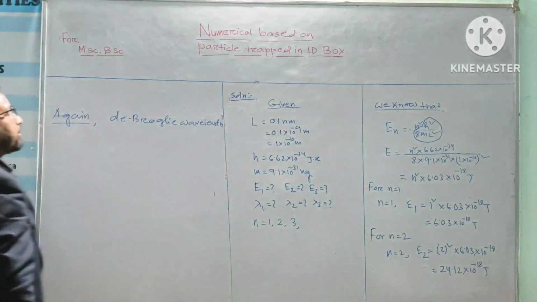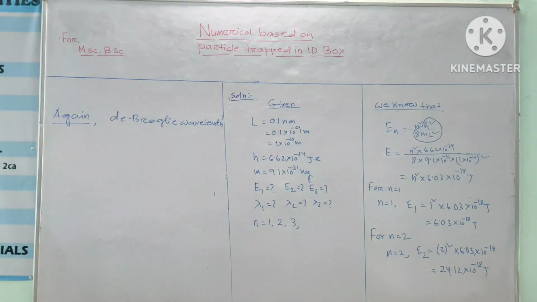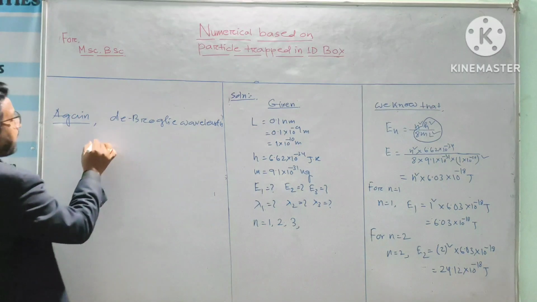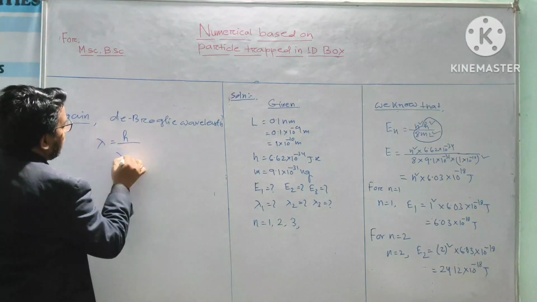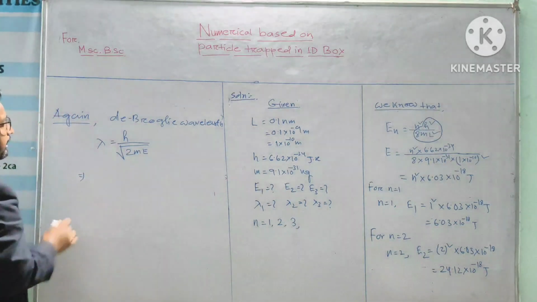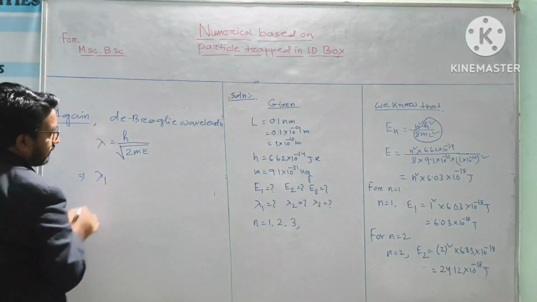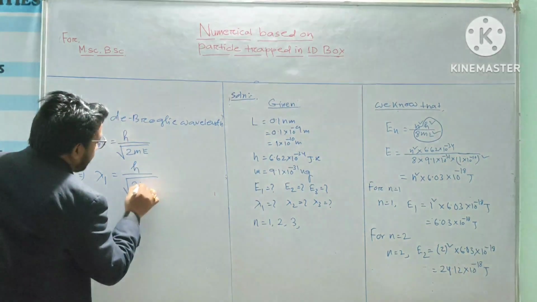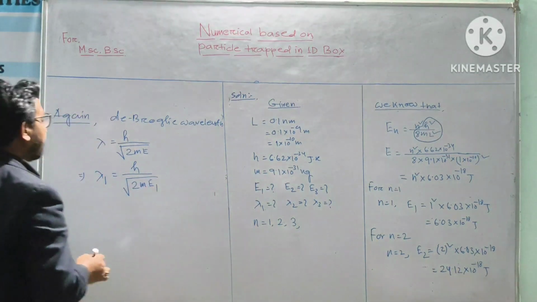We are familiar with this formula: lambda equal h by mv. This is equal to lambda equal h by under root of 2mE. So this formula we can write as lambda 1 equal h by under root of 2mE1. Now the value of h equals